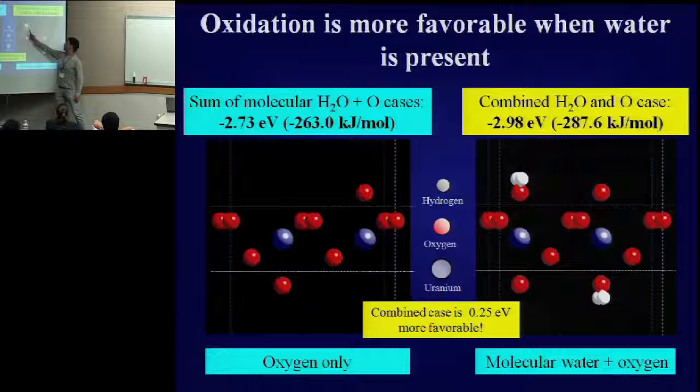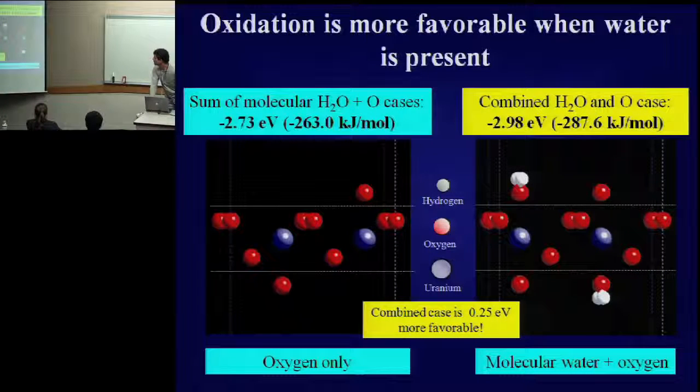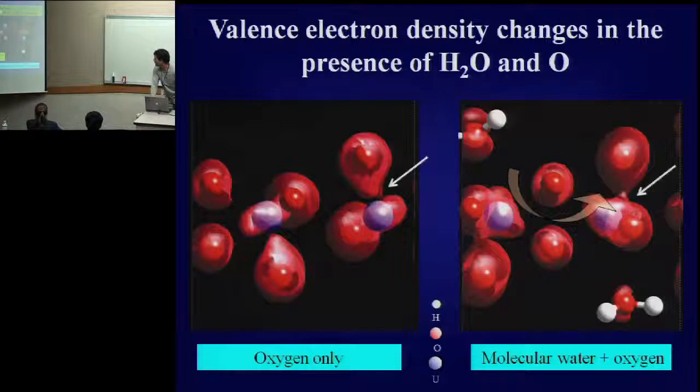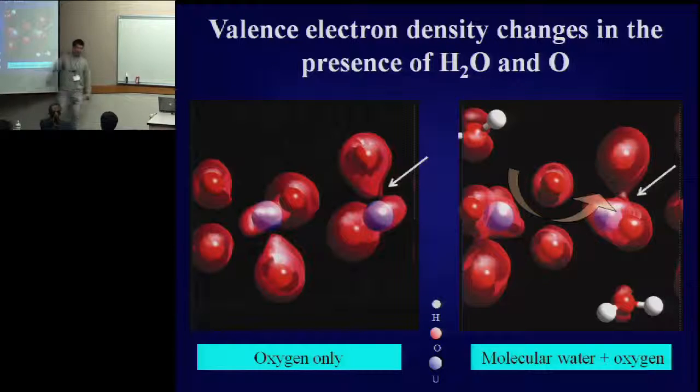And the help could be just water. But even in Nevada, it rains. Even in Nevada, the soil can be moist. And that decreases the time of oxidation from about 1,000 years to about an hour. There are some intermediate steps involved that I don't want to get into. So essentially what it does, the water pushes electron density over some distance, it can be about 10 angstroms away, towards the oxygen and helps it oxidize the surface and form essentially uranium 6 plus,